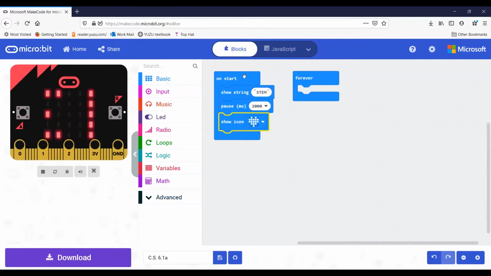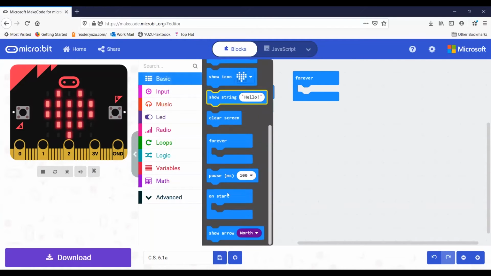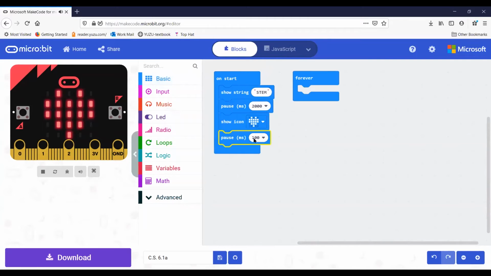For activity number 2, we're asked to display a string for 2 seconds, pause for 2 seconds, and then an image for 2 seconds. Okay. Now let's go ahead and add a pause after that as well, right here, after the image. Okay, so now what we have to do for activity number 2 is repeat this 3 times,